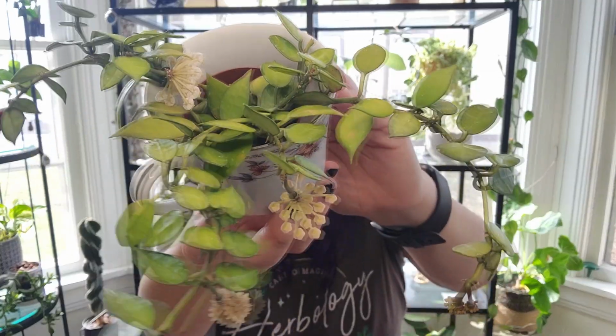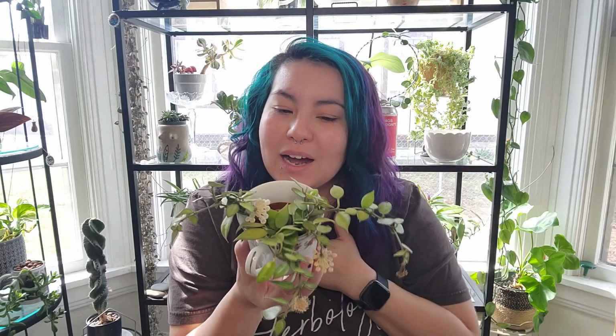But I had a lot of trouble finding a Hoya lacunosa locally for a really long time. This one is only about a year old. I did pick it up locally because I finally found it locally. Before that, I did try to ship it in from a domestic seller, and both times, I only tried twice, both times it just did not go well. They don't ship well, is what I learned from the worker at the shop that I ended up finding this at. They told me that they take a lot of time to rehab when they get them, and it's just kind of difficult. So I consider myself very lucky that I was able to find one local to me, because like I said, for the longest